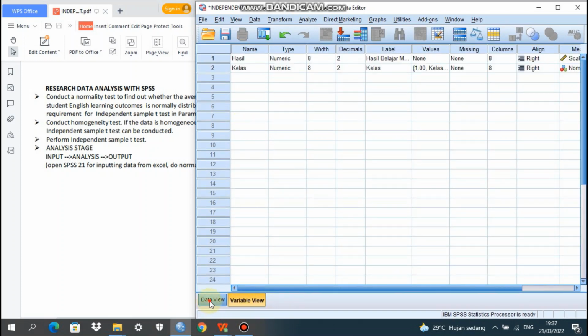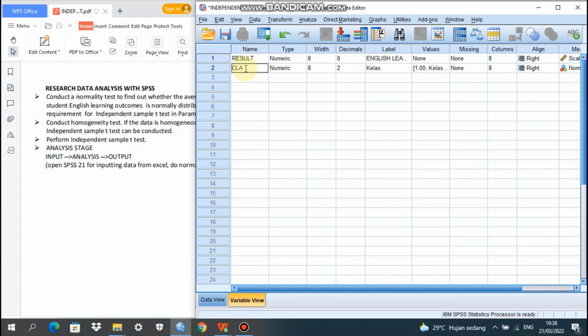There are two views, data view and also variable view. First of all, we go to variable view here. We type result, okay, and then the decimal here 0, because we see in the Excel file there is no decimal, and the label here we type English learning outcome result, and then the values leave it default.